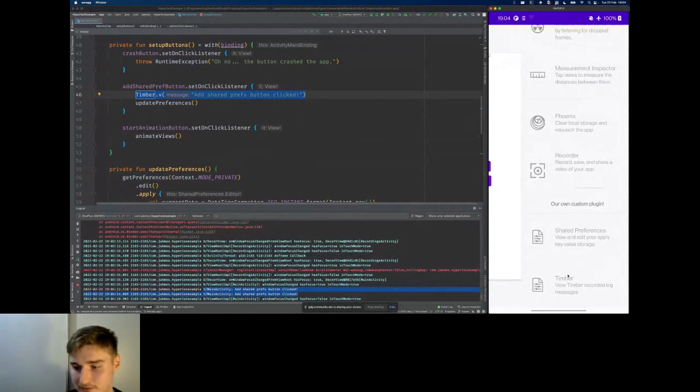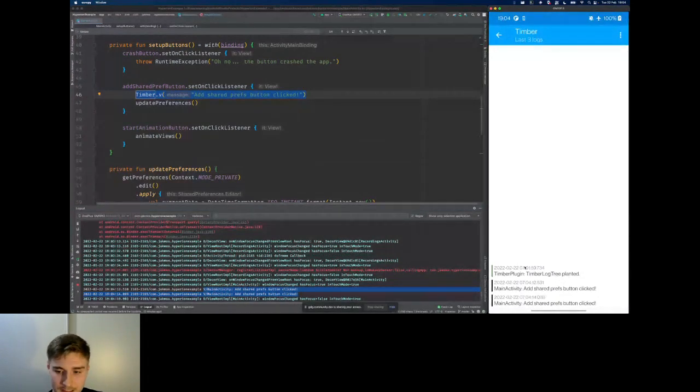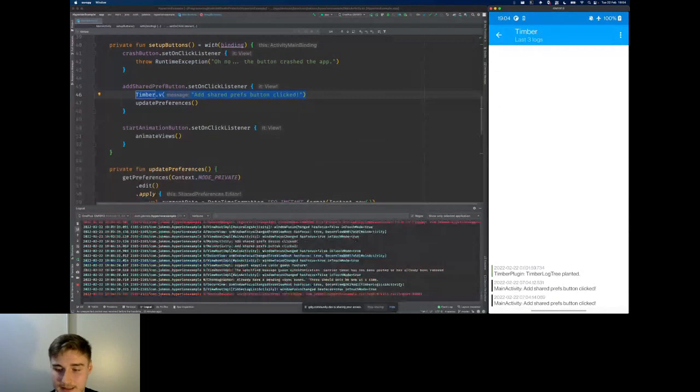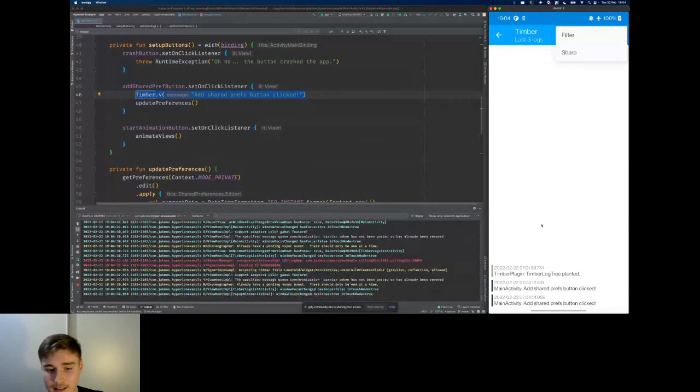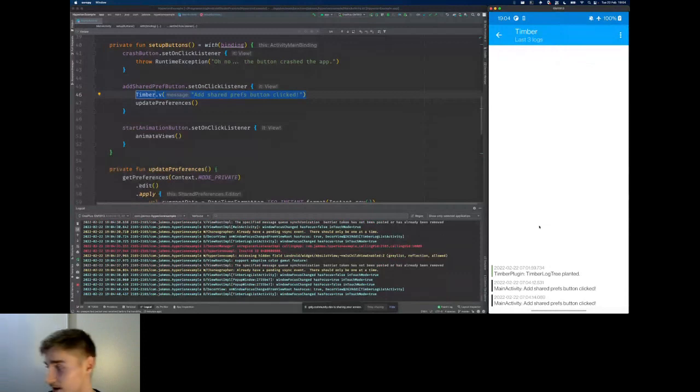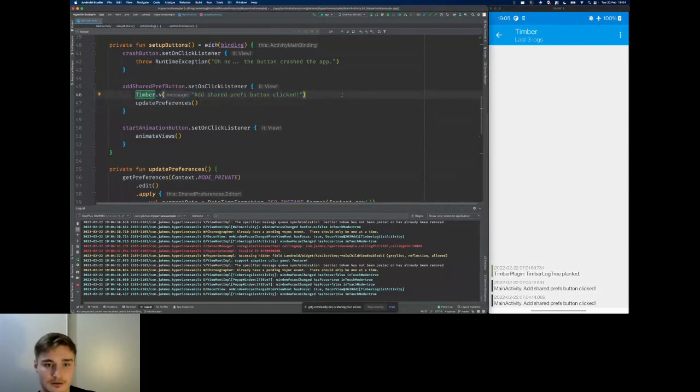This way they can click on this plugin called Timber and see all the logs that the application made. We can also filter them, we can share them. It's sometimes useful for developers to see. Yeah, exactly, Crimson Sun. I agree with you completely. That Timber is much easier to use, and it has a lot of cool features that a normal logger doesn't have. But I will not go into that anymore.